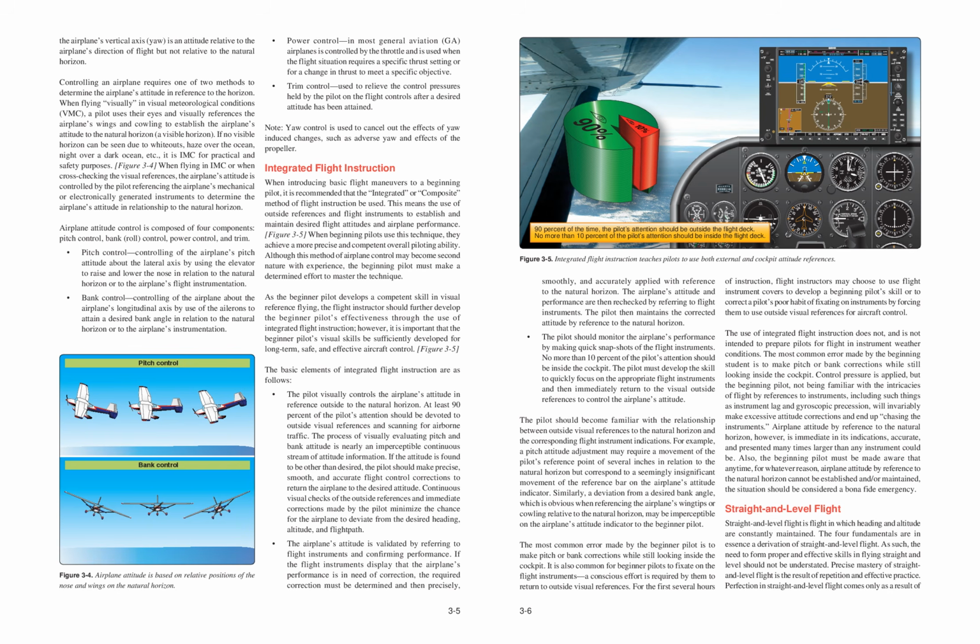Continuous visual checks of the outside references and immediate corrections made by the pilot minimize the chance for the airplane to deviate from the desired heading, altitude, and flight path. The airplane's attitude is validated by referring to flight instruments and confirming performance. If the flight instruments display that the airplane's performance is in need of correction, the required correction must be determined and then applied precisely,